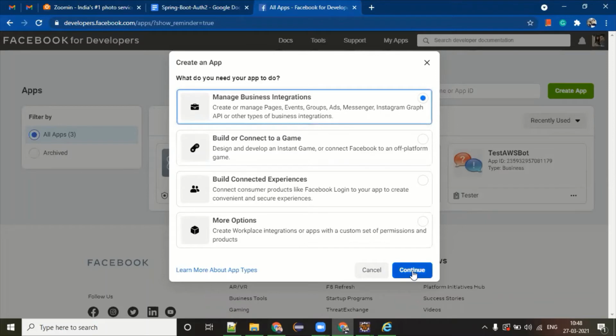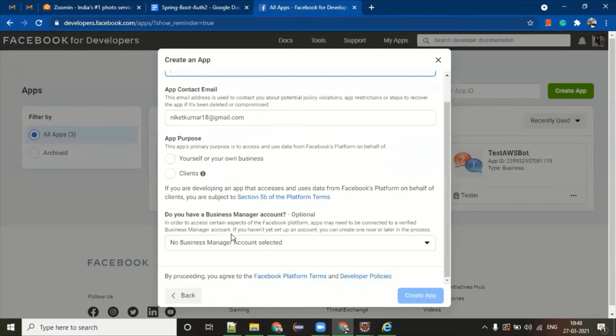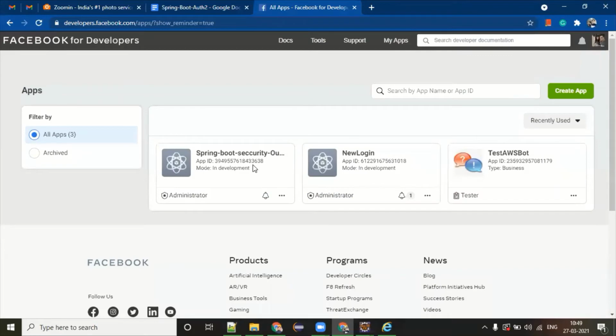Okay, you have to click on continue. Then whatever display name you want to give, whatever your account email is, app purpose, you can select yourself or client, and let it be default. And you have to click on create app. The moment you do this, it is created automatically.